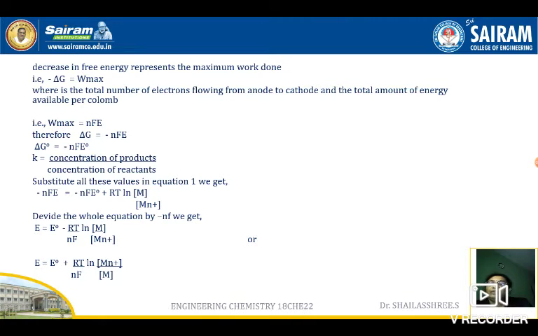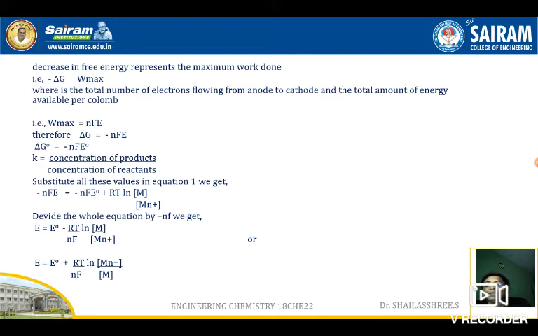We know very well the Nernst equation gives the relationship between potential and the concentration of the species. We don't want the nF terms here. So divide the whole equation by minus nF, we get E is equal to E naught minus RT by nF ln M by M n+. We want to take the term M n+ to the numerator, so we can write it as E is equal to E naught plus